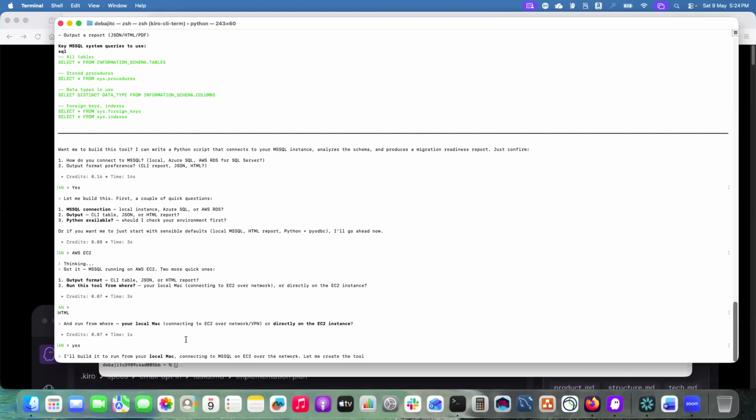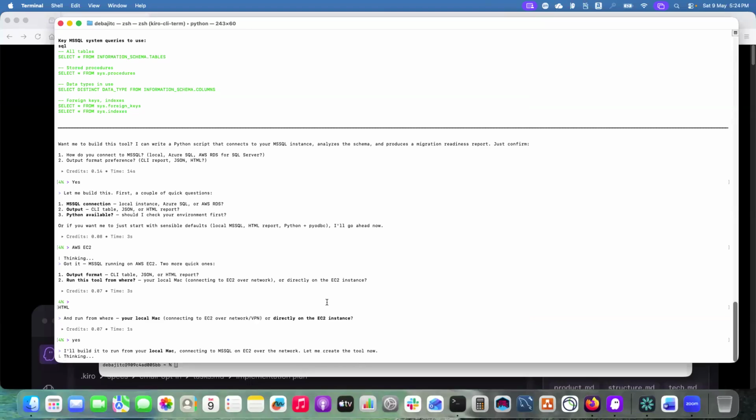I'll build it to run from your local Mac, connecting MS SQL to the EC2 server for the network. Let me create this tool now. So you definitely need to give permission to connect to your AWS and your MS SQL database. Credentials, user ID, password, all those things will come up. But you now got the idea